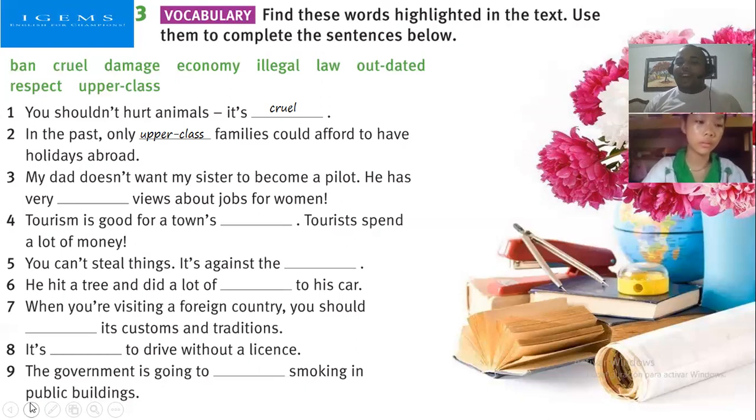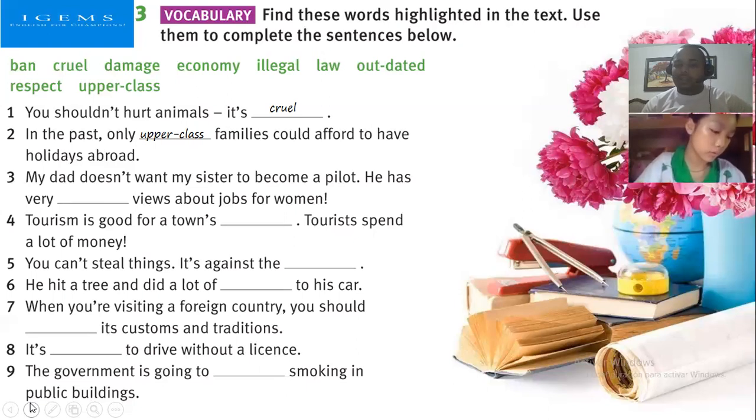They can actually have a pretty decent life. They are not rich, but they are not medium class. They can live a good life, but not necessarily are they rich. So in the past, only upper class families could afford to have